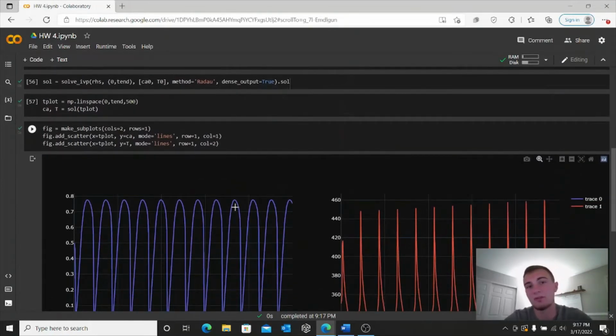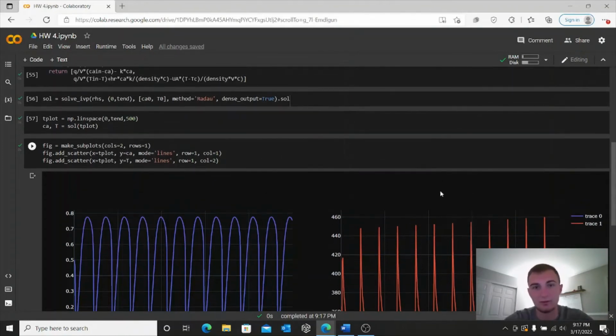So we have changed the coolant temperature to 290 Kelvin, so we've actually cooled it down, and we're able to see what that does to the concentration of A and the temperature of the contents in the reactor. And we've also raised that to 305, to see what that does to the concentration of A and the temperature of our